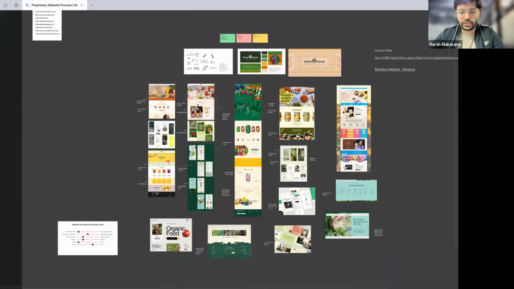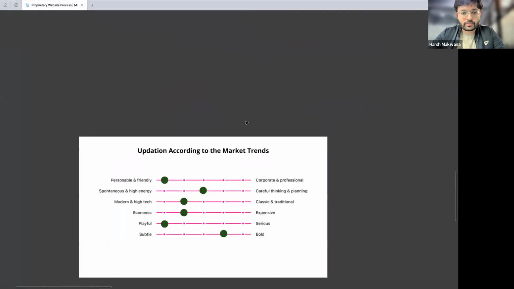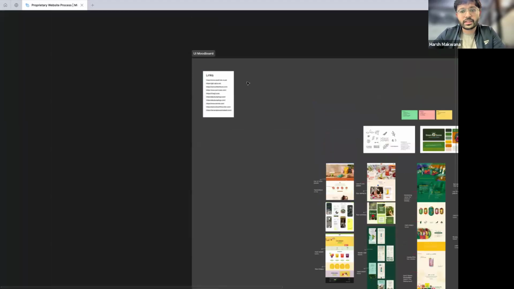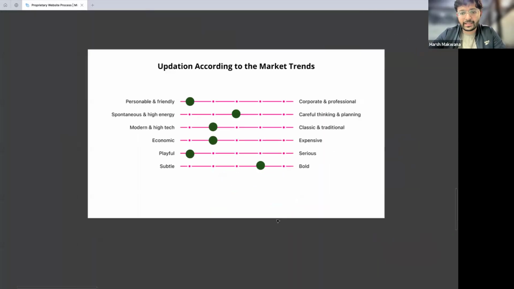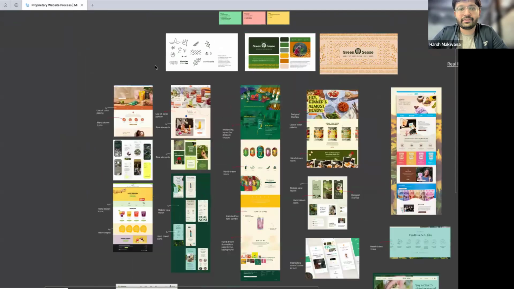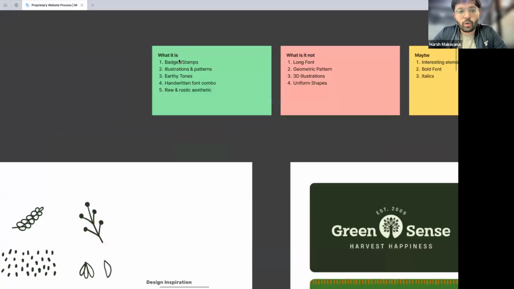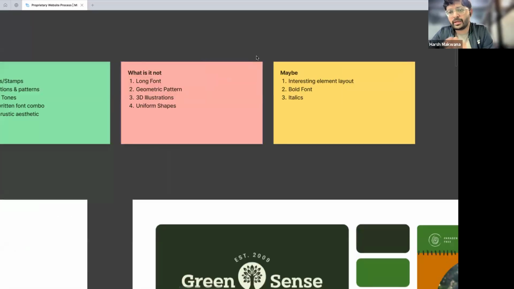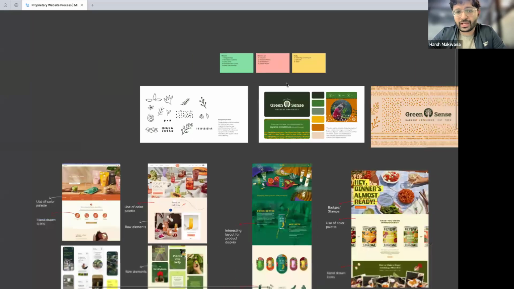So we identify it through the UI mood board exercise, and we're looking at, okay, according to market trends, this is what it is right now. And we create your own slider as well. Okay, this is where we want to position ourselves in terms of design differentiation. So once all of that is done and we have identified what your brand will have, what your brand will not have, and what are some of the things that it can have, right? Once all of that is done,